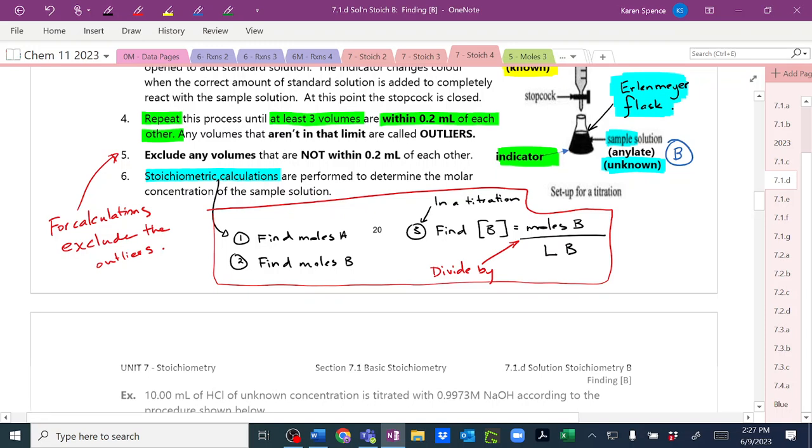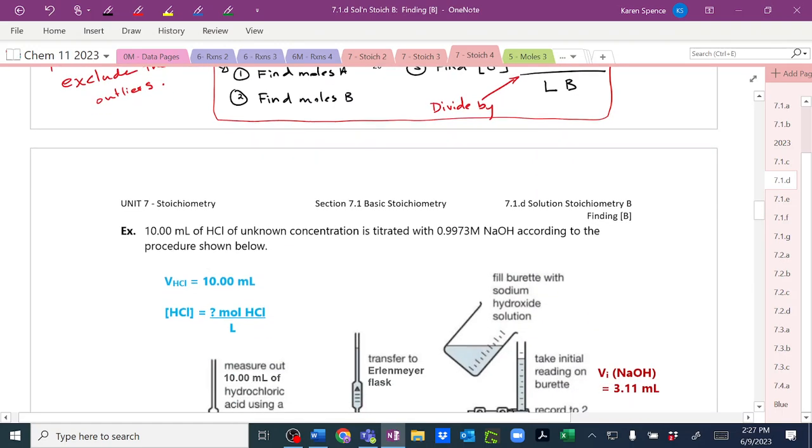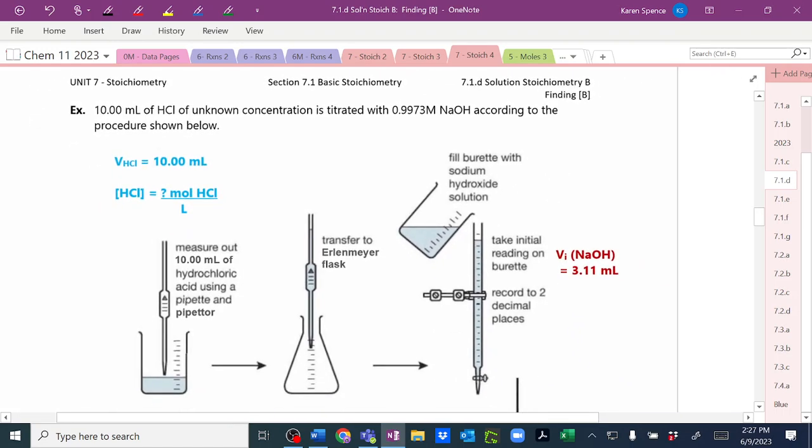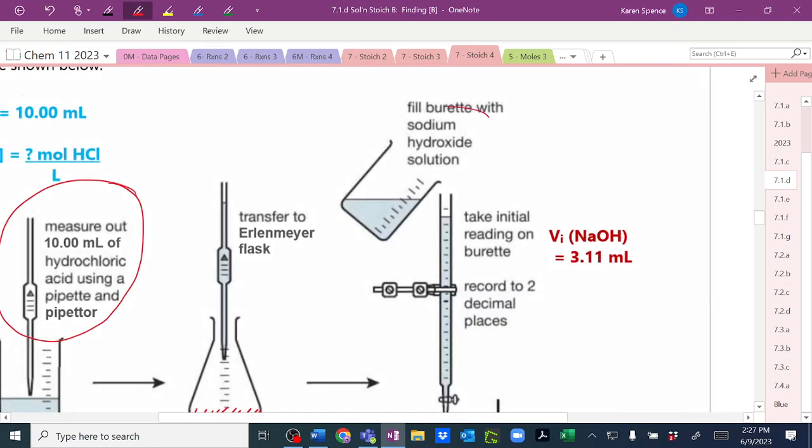Now, this next little section is probably more useful if you hadn't seen the live demonstration yesterday. But if you forget, if you're like, I don't remember, how did it go? What did we do? You can look at this and be like, oh, okay. We measured out some acid using a pipette. Where did we put it? We put it into an Erlenmeyer flask. What did we do with the burette? We filled the burette with the sodium hydroxide solution, and while we were there, what did we do? We measured the